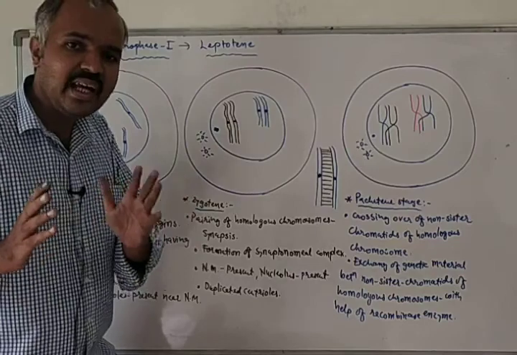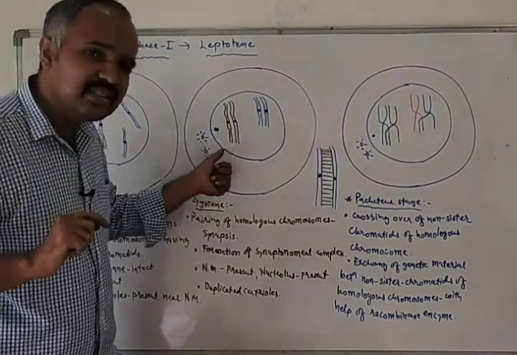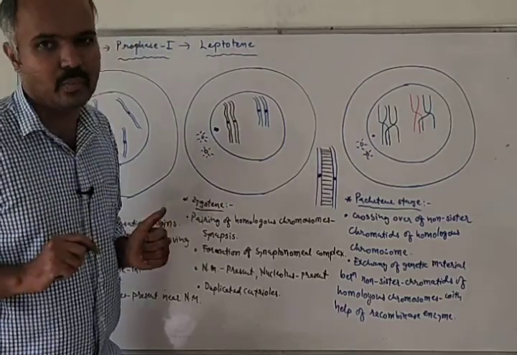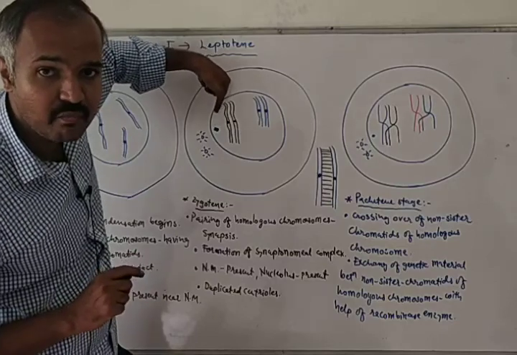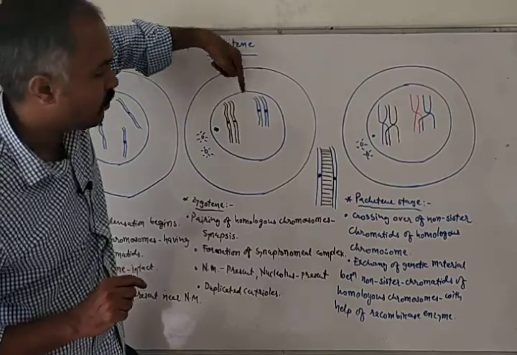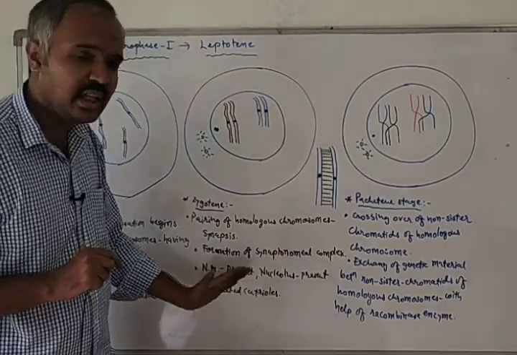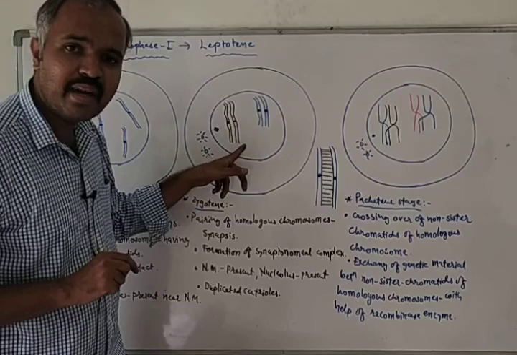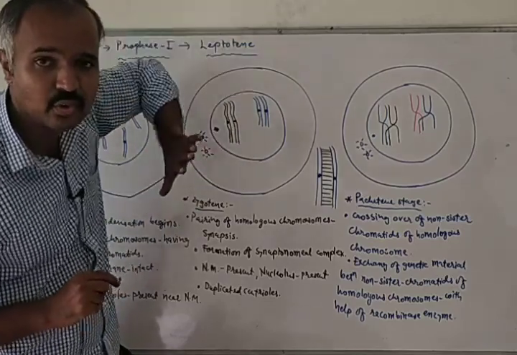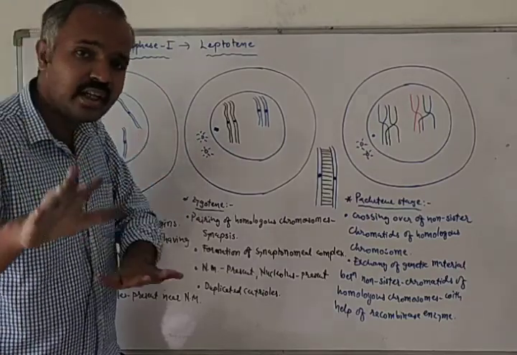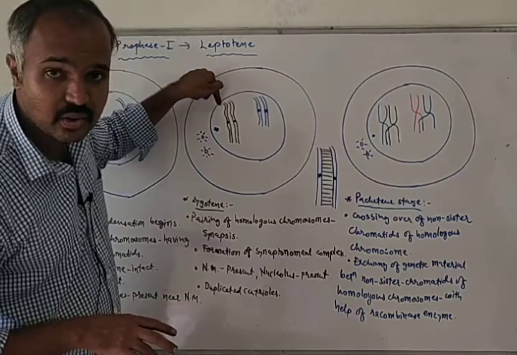So no doubt pairing has occurred. But how many chromosomes are visible under the microscope? We can see only one chromosome under the microscope, because the second chromosome is behind the first. Because of the limitations of the board, I have to draw the second chromosome adjacent to the first, but actually it is lying behind it. Please note that down.